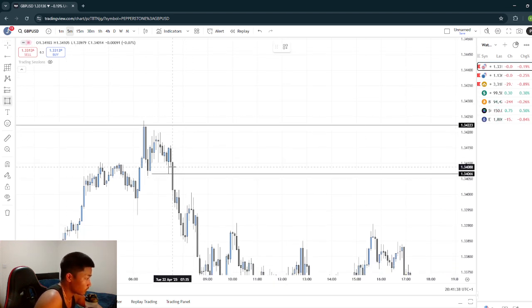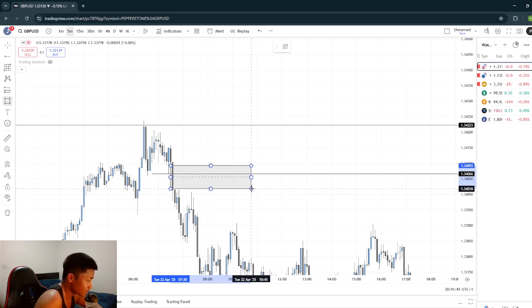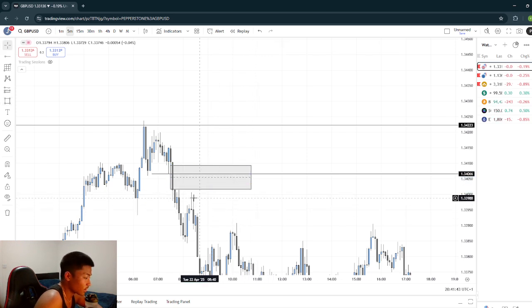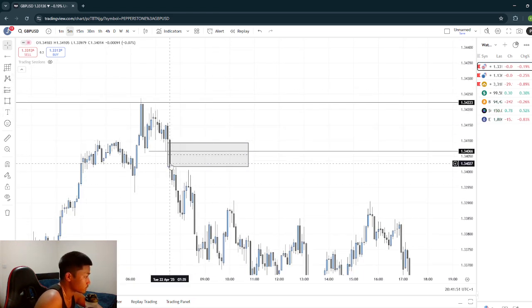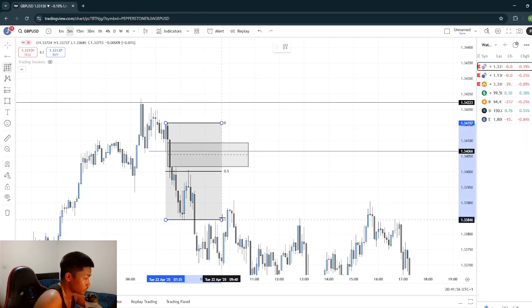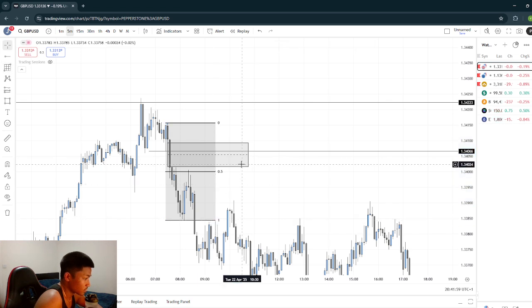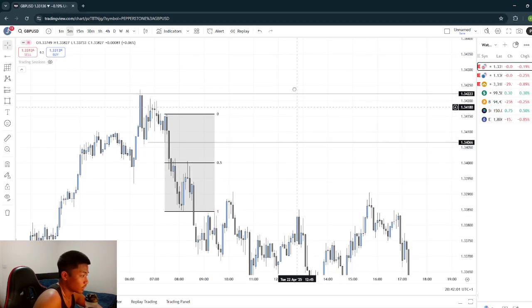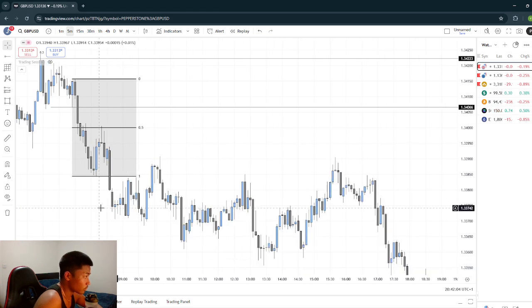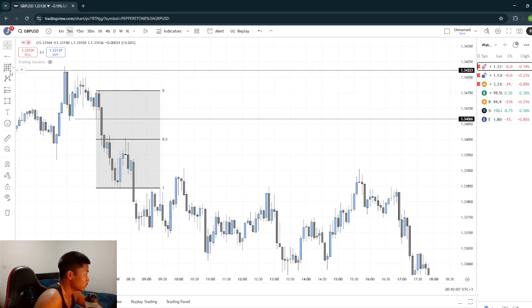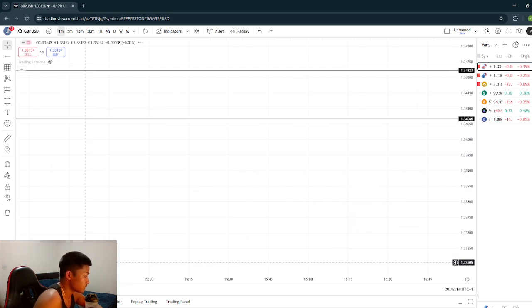And we have our fair value gap, which hasn't been hit. So, kind of annoying. But we do have another confluence. Not just that, have equilibrium. And as we can see, we didn't respect the fair value gap, but we did respect equilibrium. So, gone into discount price. Let's say we hunt for